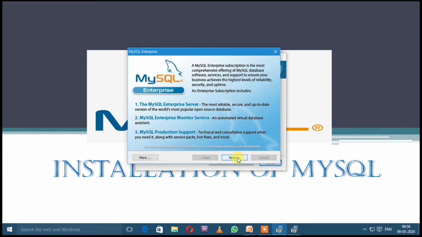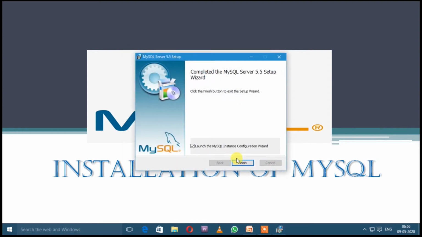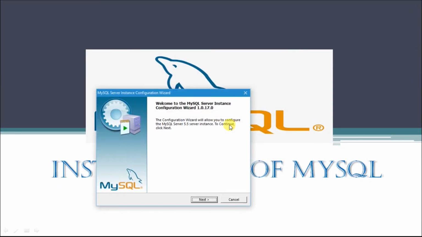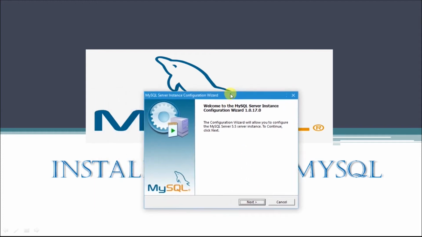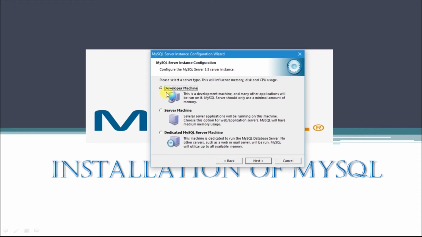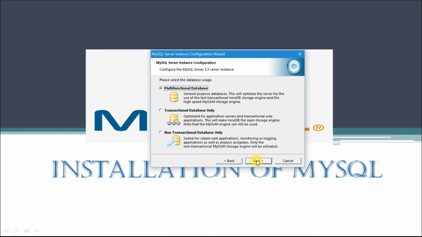Again click on next, and finish. After finishing, it will ask for permission to install the server configuration. It will open automatically. So again click on next. This time we will choose the detailed configuration. Next, developer machine. Look here, I selected the developer machine. Next,